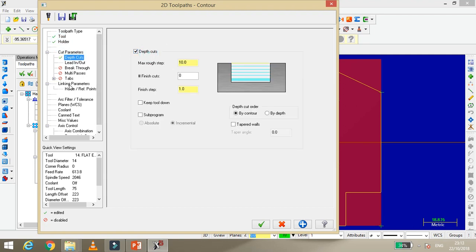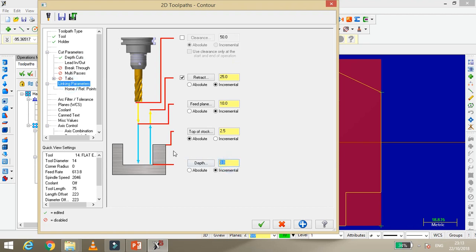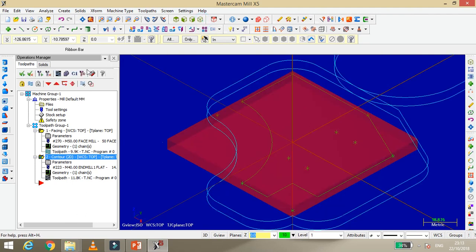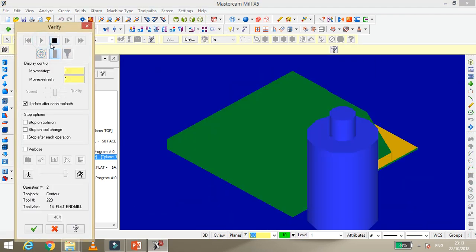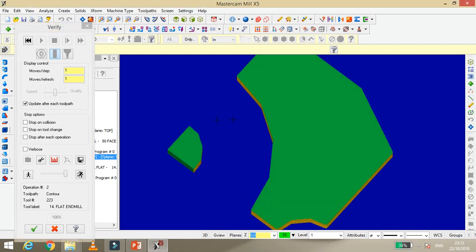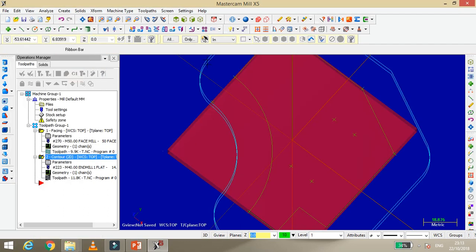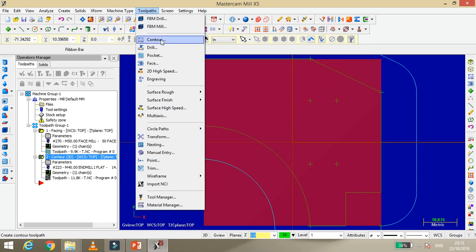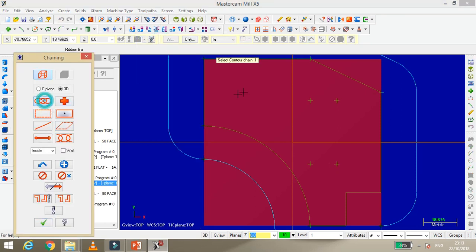For the top cut linking parameter I take minus 10. Remember that your depth of cut must be in minus. It is first, then your tool must move in air. Then see, here materials get removed. So that is why I choose the contouring operation for removing that material. After that, I go into toolpath, say another contour, and now I do the finish contour.